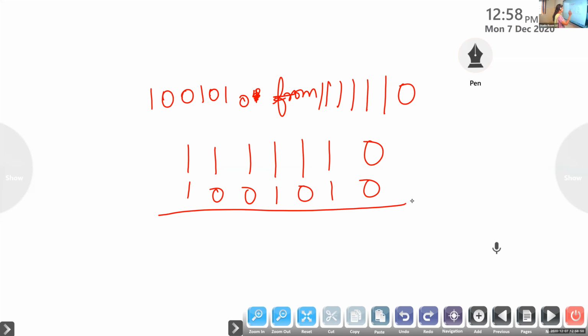See, when you subtract it, keep it in your mind. On the top you should have more numbers. Bottom you should have fewer numbers. Then only you'll be able to subtract. Now subtract it. Subtract and give the answer. I think easily you can do. No carry over and all you are getting here.